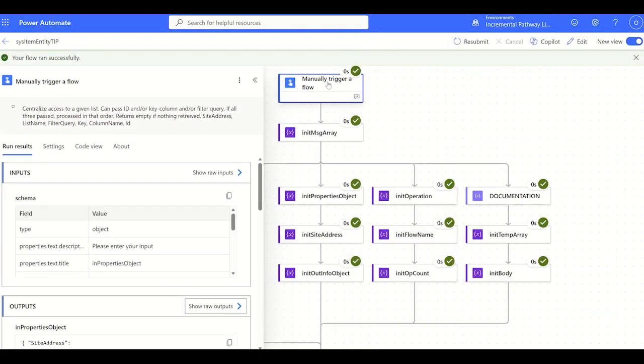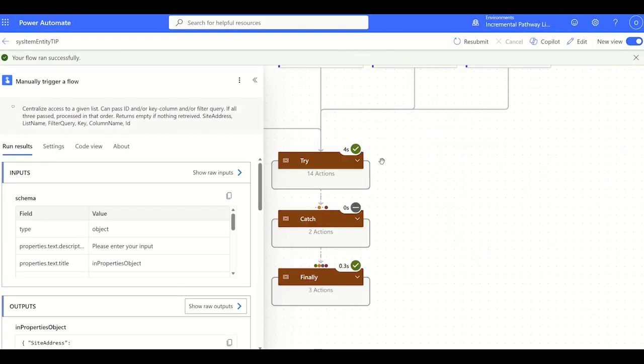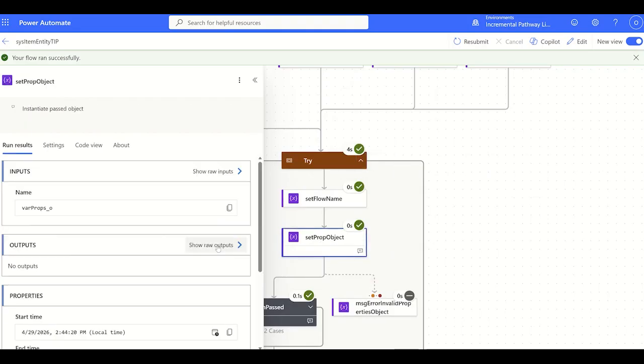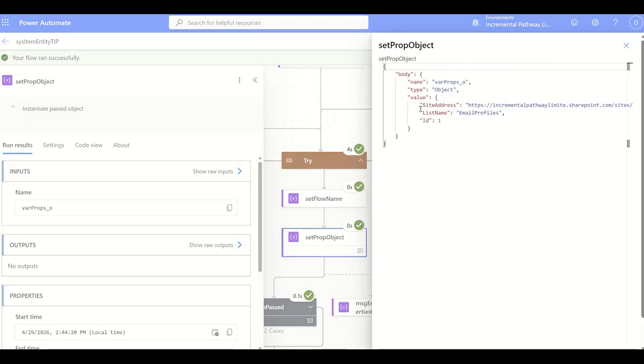Let's look at where I assign the input, which has to be a string, to an object. So if I look at this, you can see this is the object. You have to pass it the site address. You have to pass it a list name. And in this case, I'm passing an ID. You can also pass a query. There are various options. But this is kind of like the minimal set of data you need to go and get